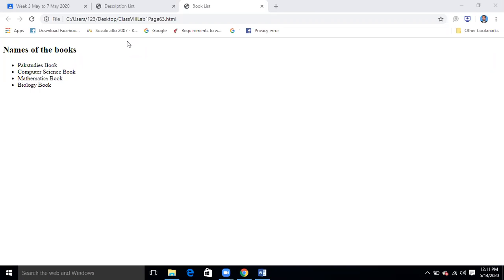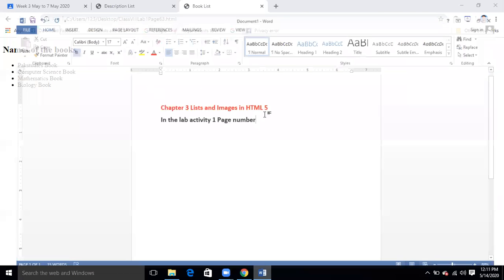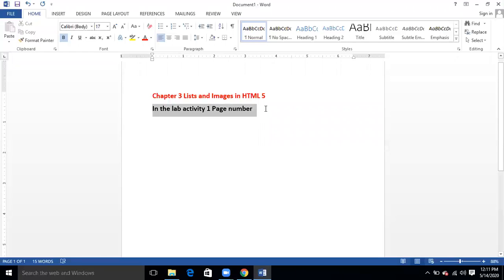Help Siham create an appropriate web page. Okay, what do they have to do now? This is the lab activity number 2 that we are going to do. The previous one was mentioned on page number 63, and this is mentioned on page number 64.